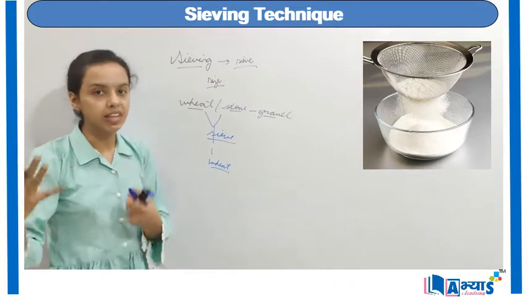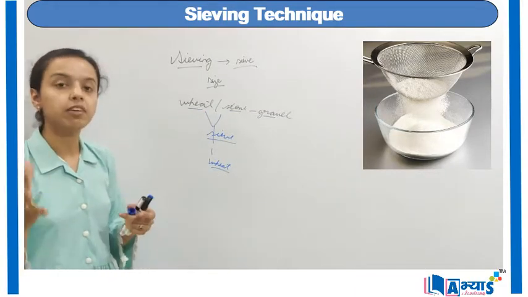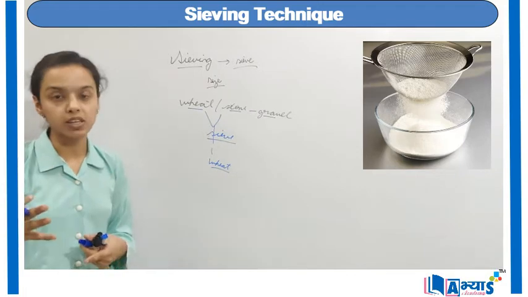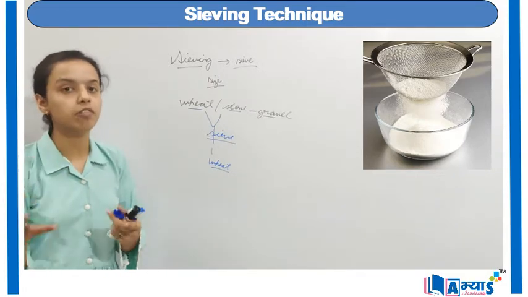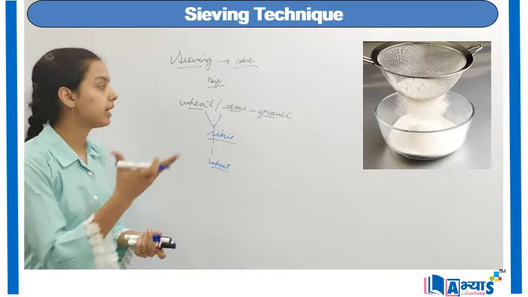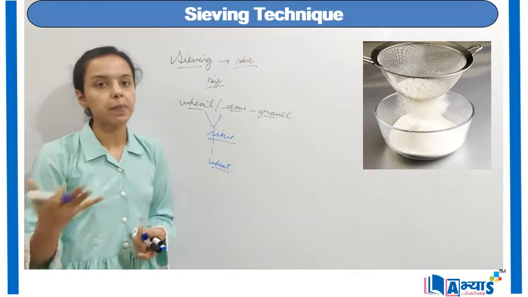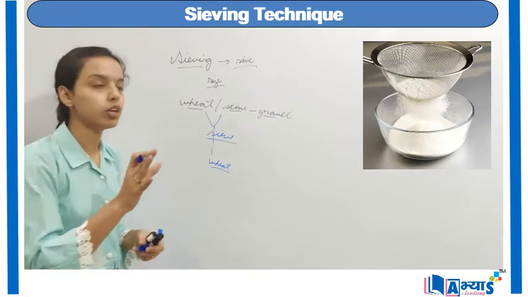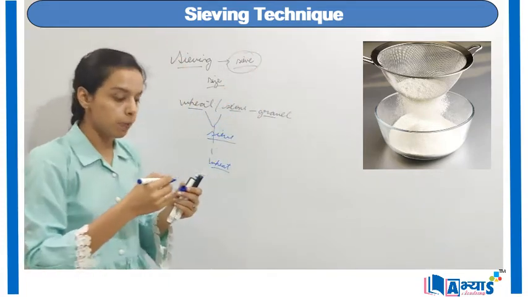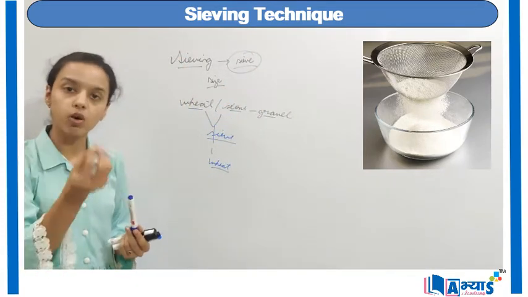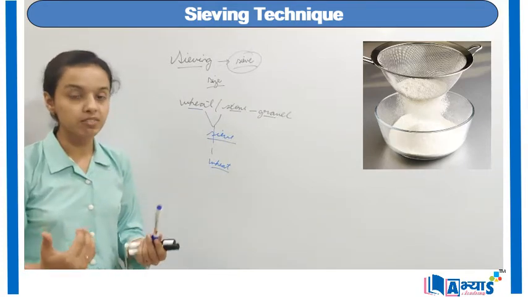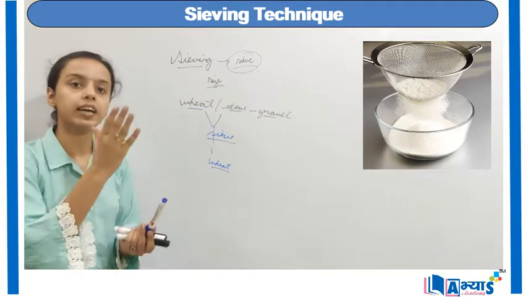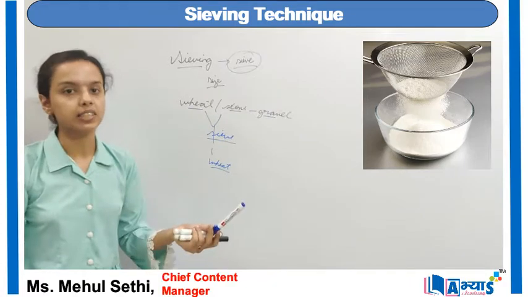It is very similar to filtration, but in filtration very minute particles are involved, or basically one of them has to be in a liquid state, whereas in the case of sieving both can be in the solid state. But you have to be very careful in choosing the size of the sieve, because the finer or smaller particle will come down through the sieve and the larger particle will remain at the top. So both the substances are separated.